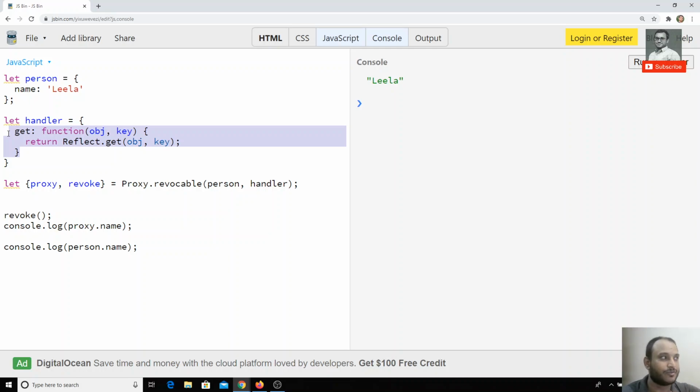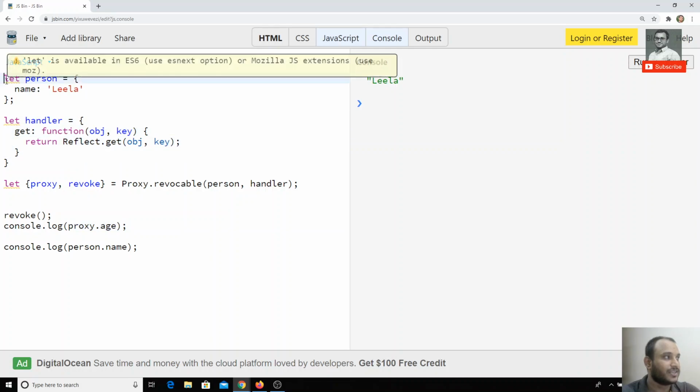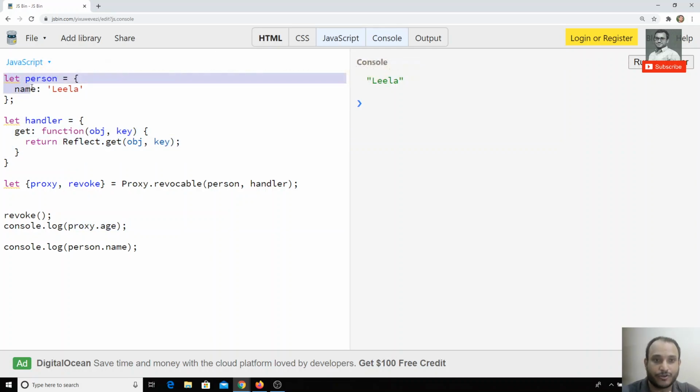This proxy will be very useful whenever you sometimes get undefined. For example, if I try person.age and person.age is not present in this object, you will get undefined or an error. So you can write middleware getters and setters so that every property you want to access goes through the getter, and from there you can add your own custom logic in the proxies. This is the way proxies will be useful.